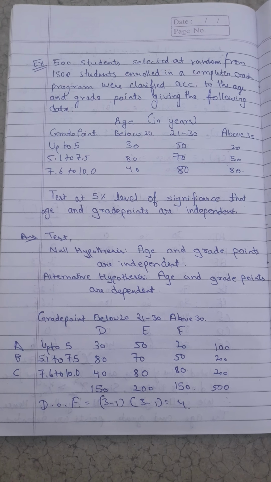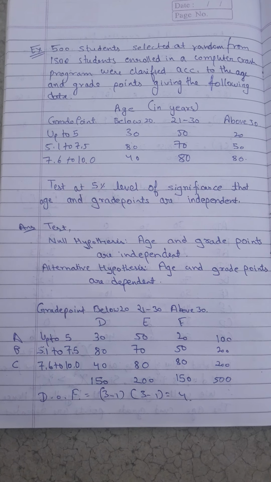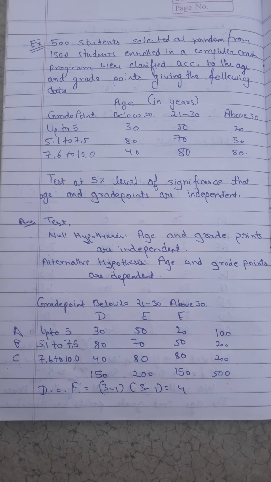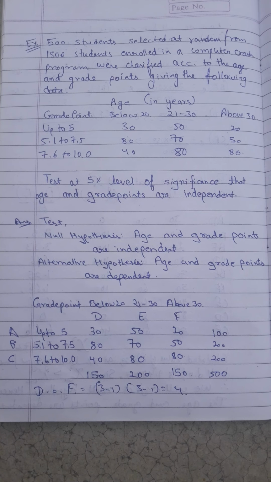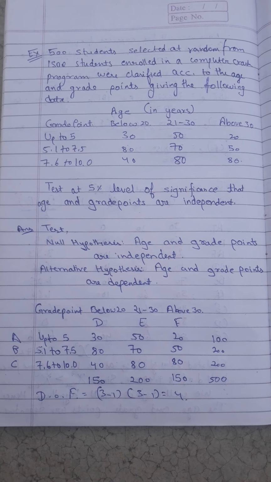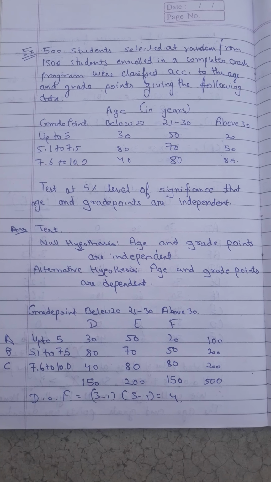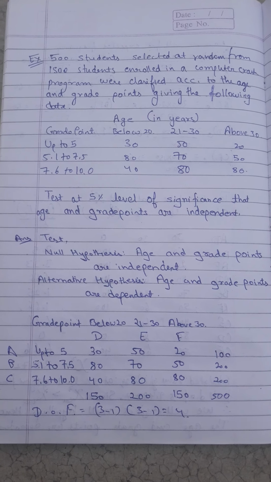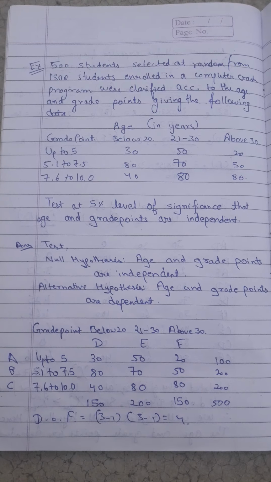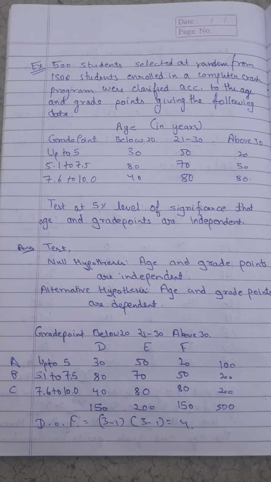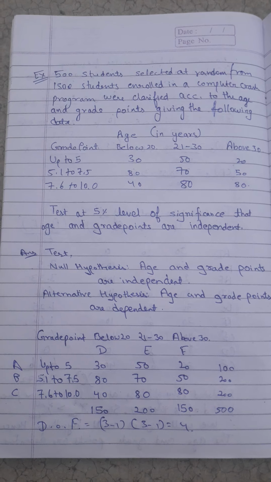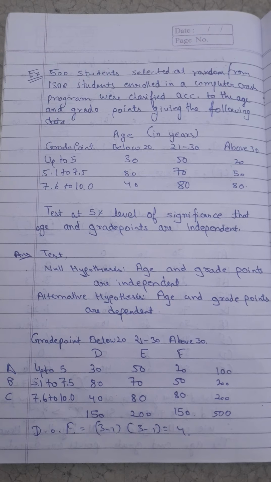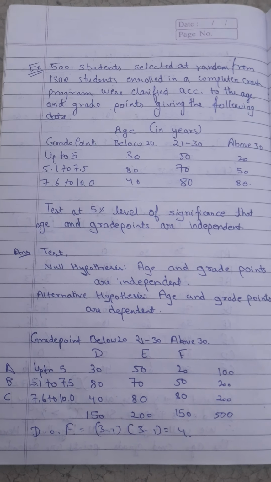Hello everyone, today we are going to learn about the chi-square test. Chi-square test is a statistical technique, or you can say a test which comes in the subject of statistics. In this test, we learn whether our calculated value and our expected value are the same or not. If they are not the same, we test whether these values are different by chance or due to the variables which we choose. So let us see this by an example.